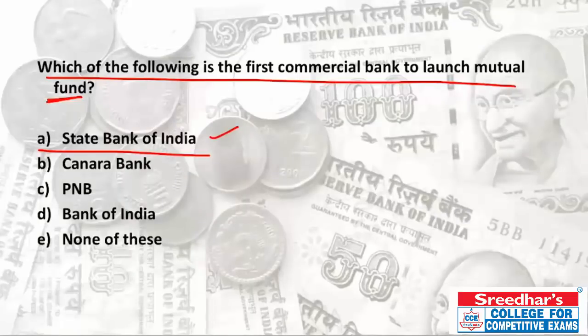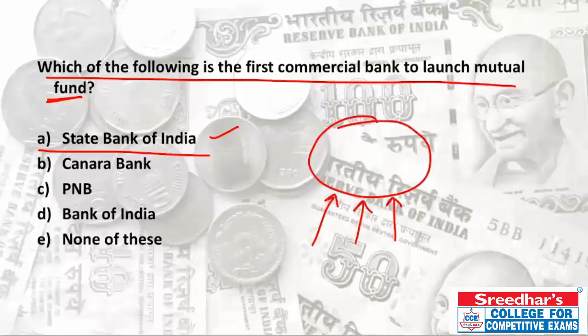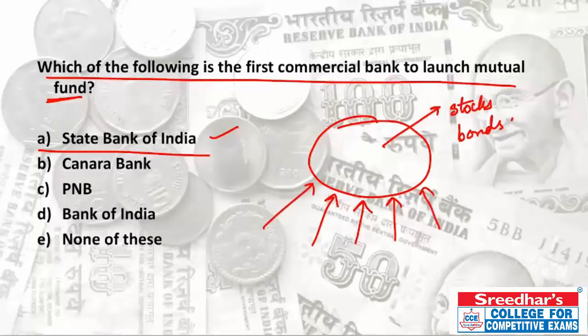So what is a mutual fund? A mutual fund is an investment vehicle. It is made up of a pool of money collected from many investors for the purpose of investing in securities, stocks, bonds and other assets. So some group of people come together and invest, and they create a pool of money. This we call a mutual fund. This money is further invested in bonds, stocks, etc. so as to gain profit. The profit received is shared by the people invested.